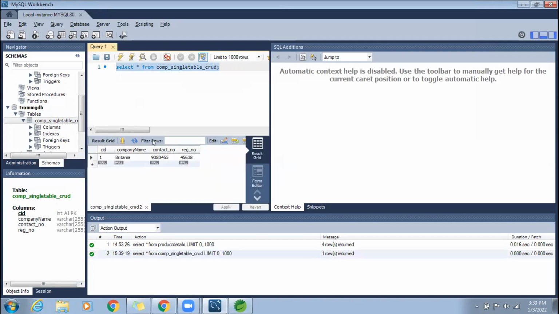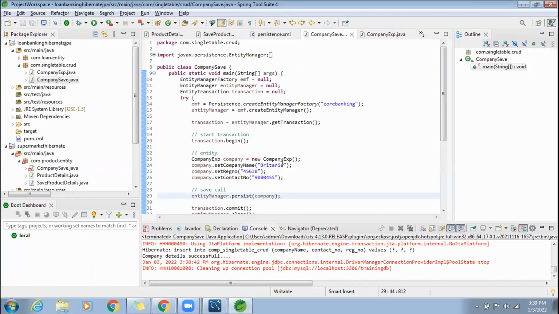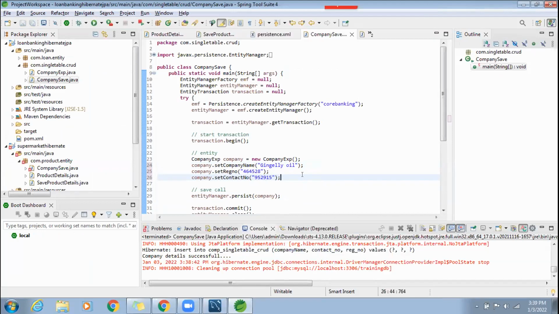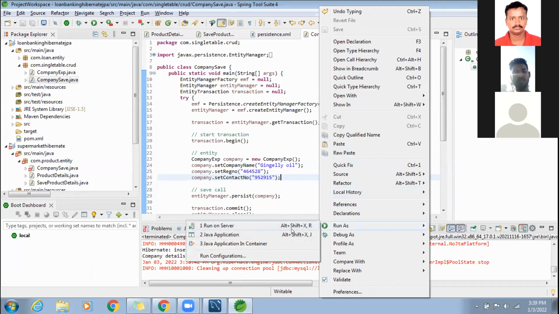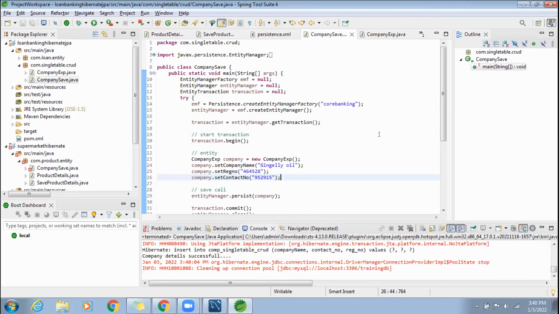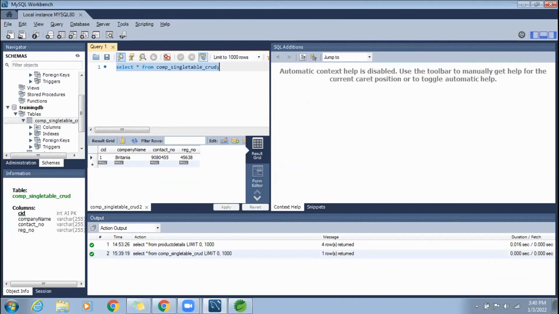Can you store another record? Go there and see whether your record is created. Yes, 2 records are there.